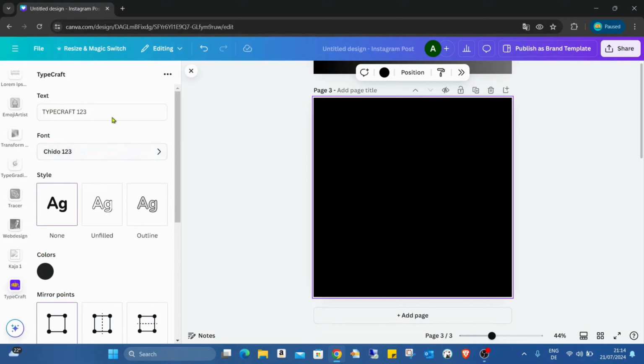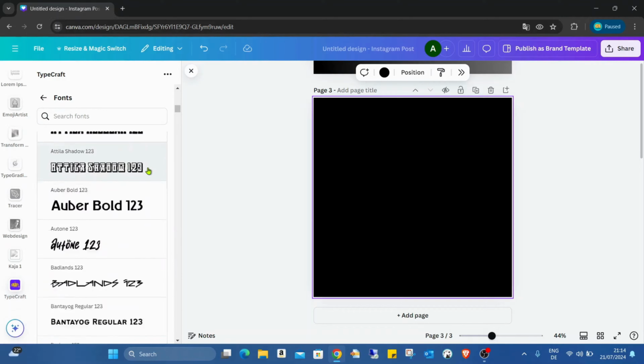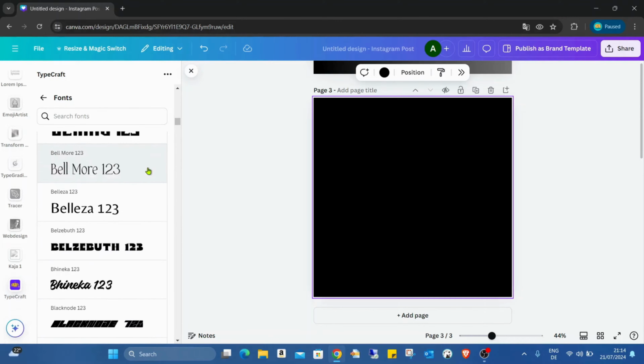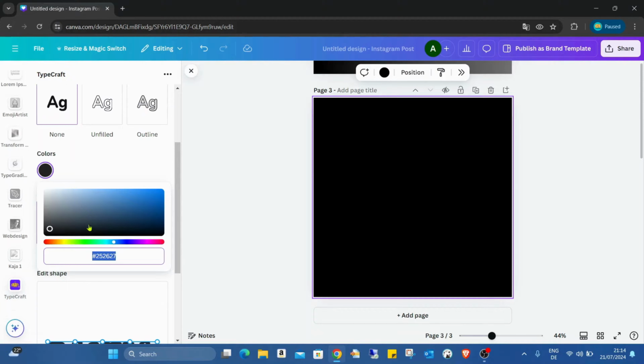Just open the application, type in my text I would like to use, searching for a nice font that I like. Now change the color to red